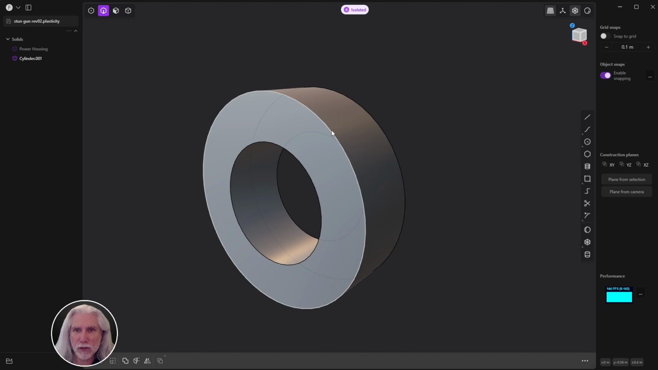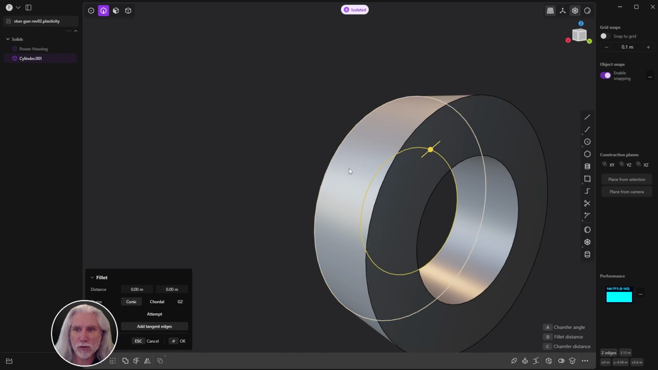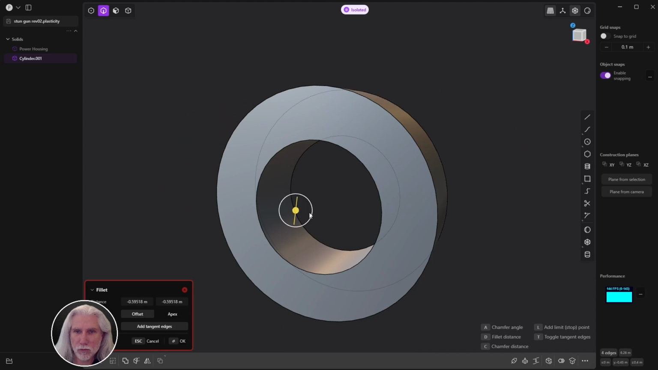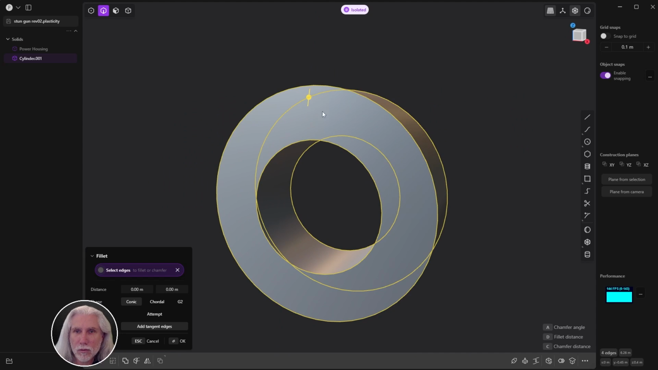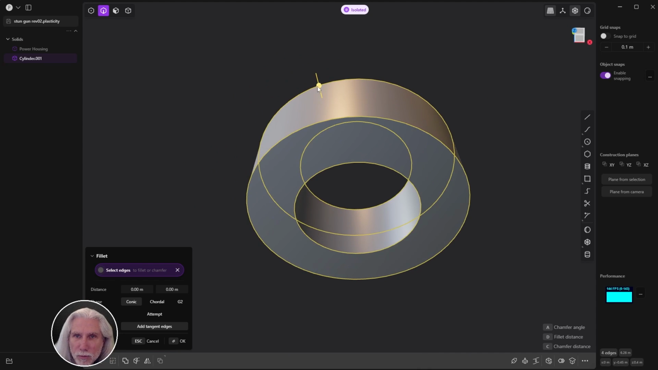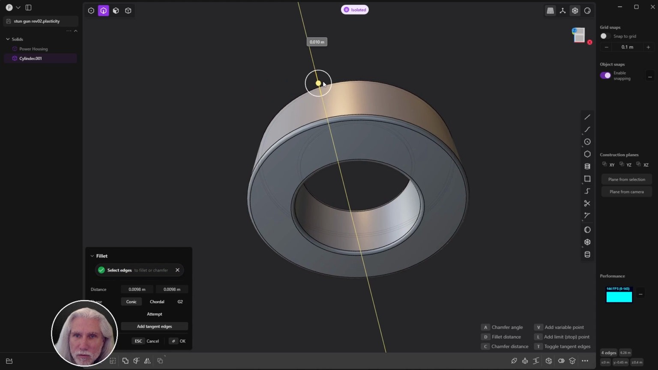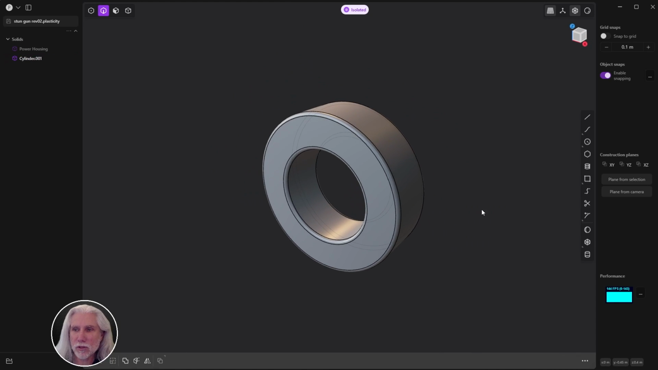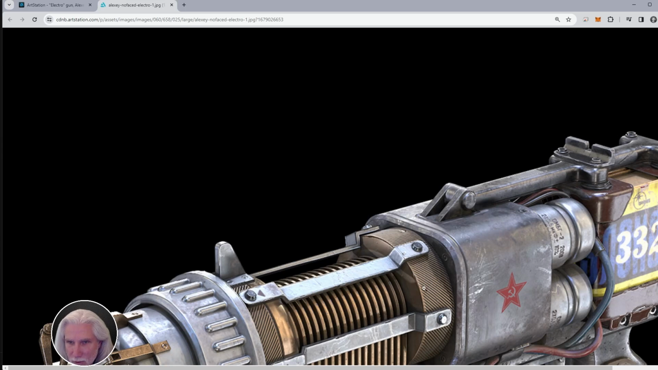So press 2 for edge. Click all 4 of the edges here, holding Shift. Grab them all, and then let's just drag these in the positive direction a little bit. Get a little bit of a rounded edge there. Looks good. Okay, and then let's create this separate piece that's sort of